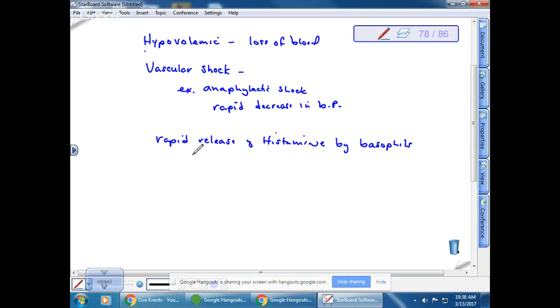Okay, so this could be due to, yes, this is anaphylactic shock. Could be due to allergens, right? So what happens is that histamine causes the capillaries to become leaky and fluid leaves the blood vessels and enters the tissues. So it causes swelling in your body, but there is low blood pressure because all that fluid that is now in your tissues was creating blood pressure in your body. So the fluid leaves the blood vessels and goes into the tissues.